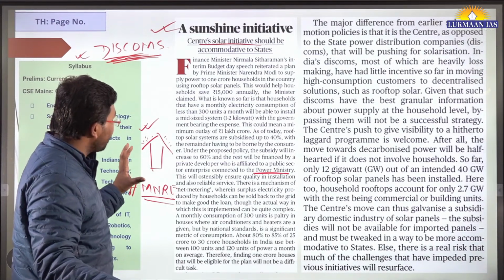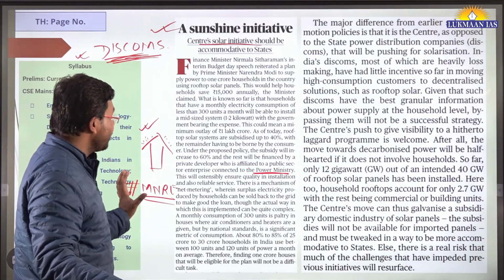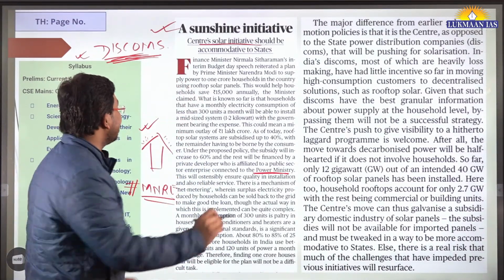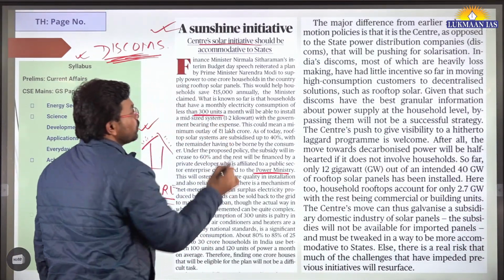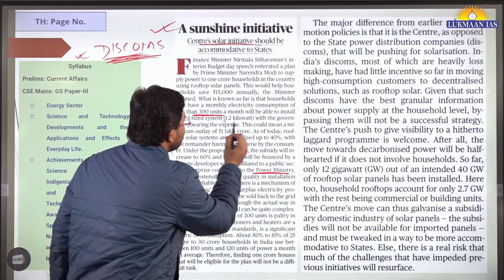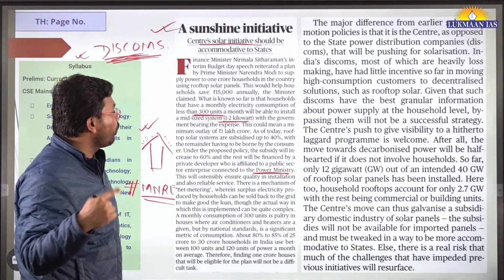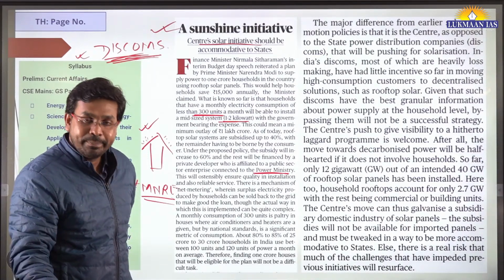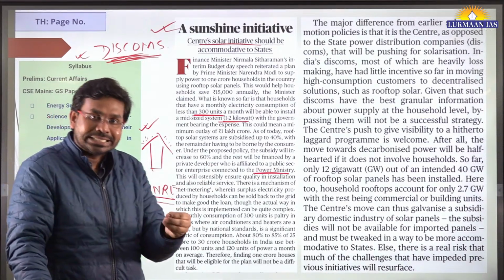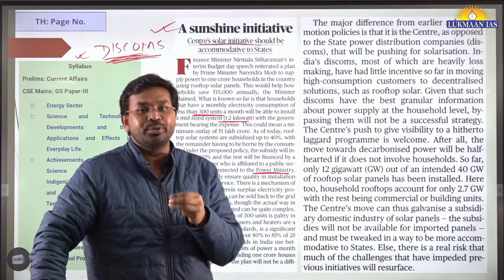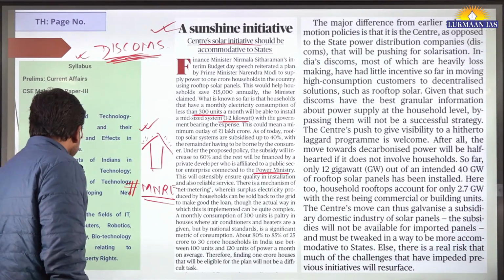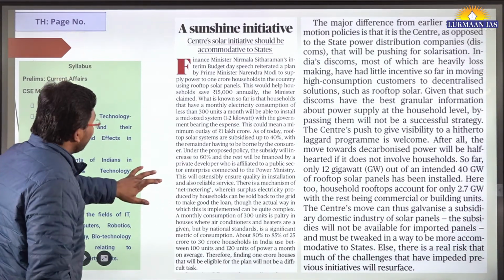In this article, they have talked about the solar rooftop scheme, and under this, those households that consume electricity less than 300 units in a month will be benefited under the solar scheme of the Government of India. So those households that have a requirement of 1 to 2 kilowatt will be benefited under the central government's schemes. However, through this article, the author raises this particular concern from the power distribution companies working in different states. So with this article, let us quickly move to another article.